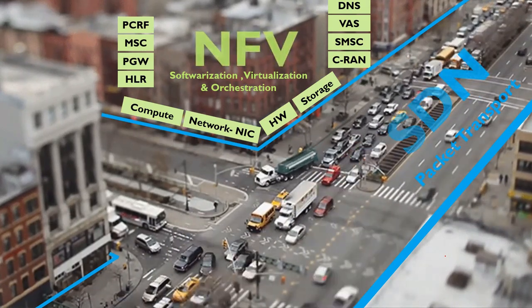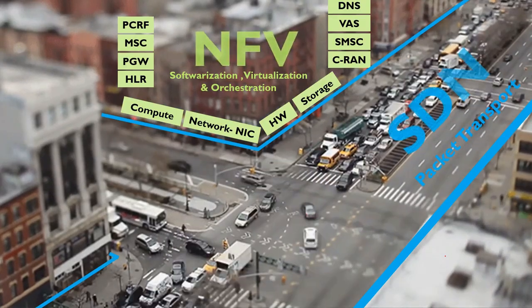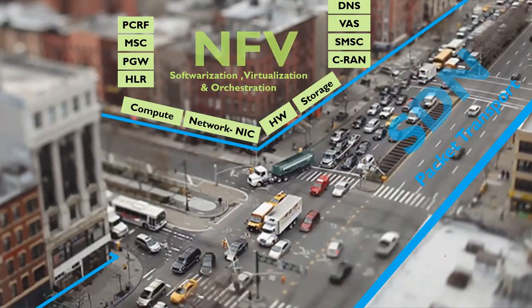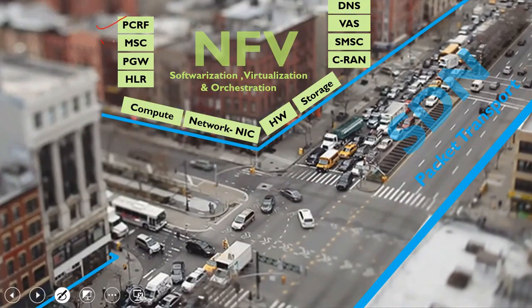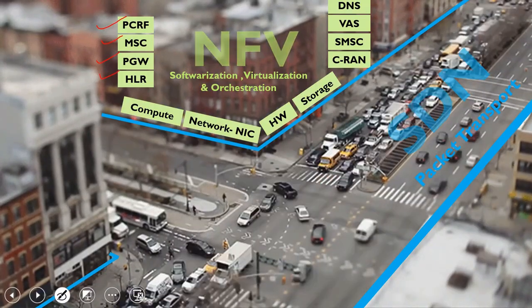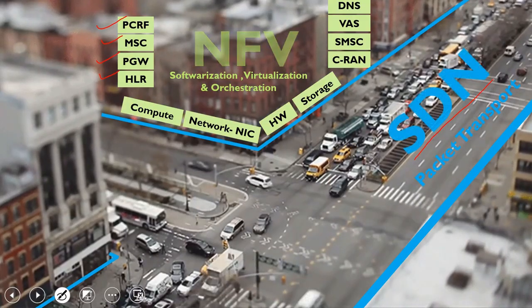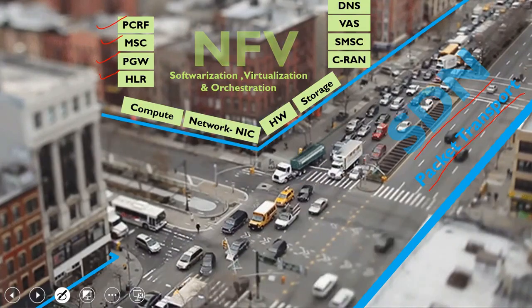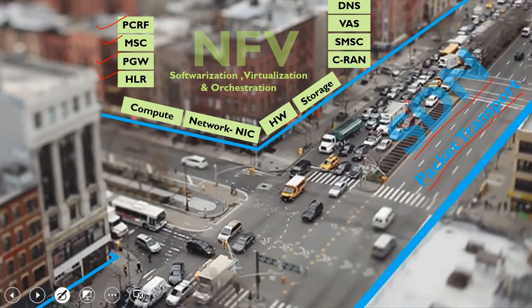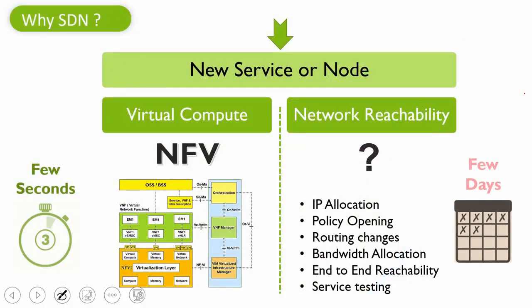Just see the building block which represents the NFV and hosts multiple applications. Just like you can remove, replace or keep a new tenant in the building, similarly you can host an application in the NFV as well. You can see traffic on the road representing the SDN, whose main responsibility is to carry the traffic to the right destination in a very automated way. First things first, let's understand why we need SDN and how it is helping.